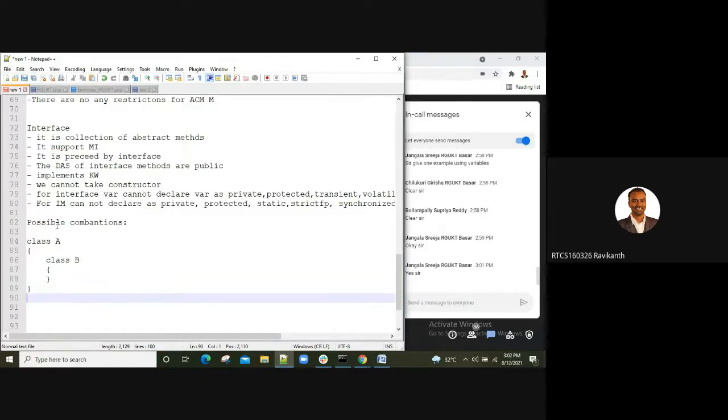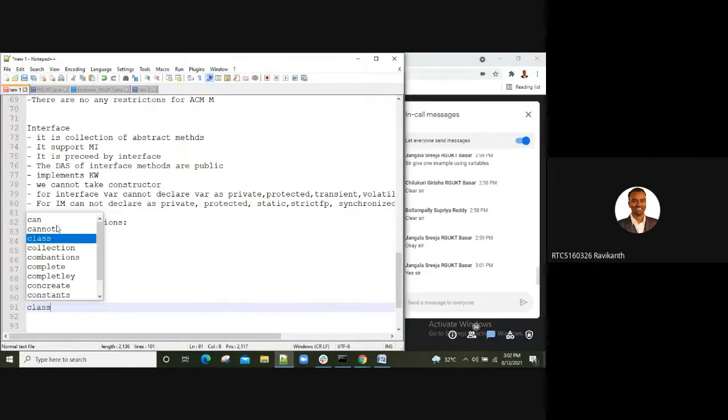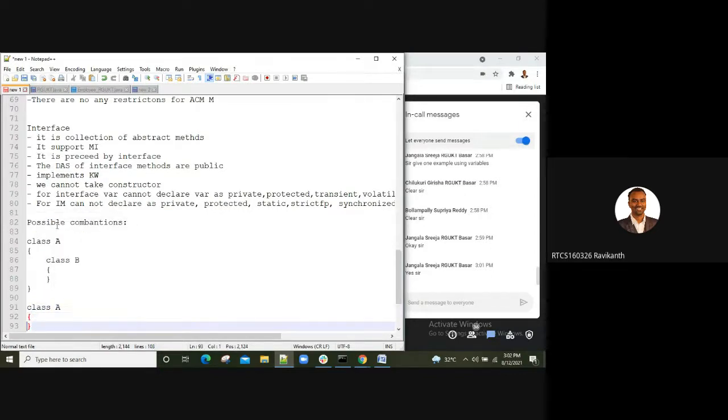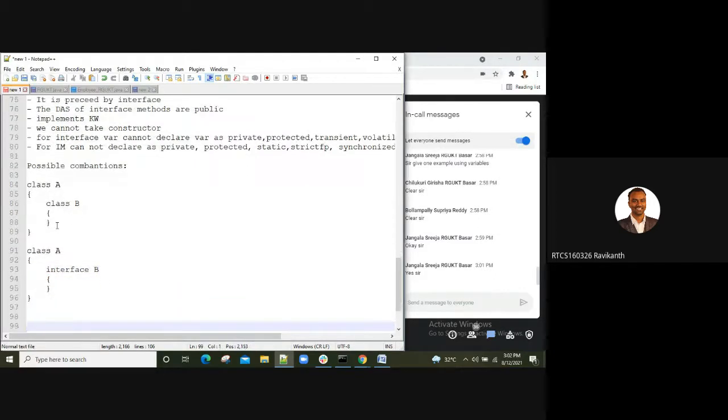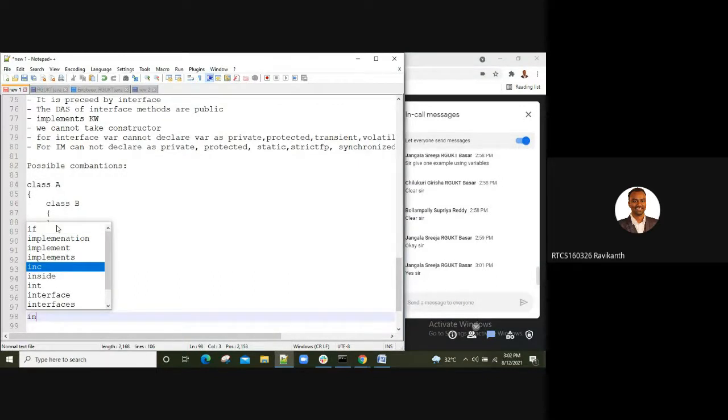This is fine. Then I can write a class. Within the class, I can also write an interface. This combination is also fine.